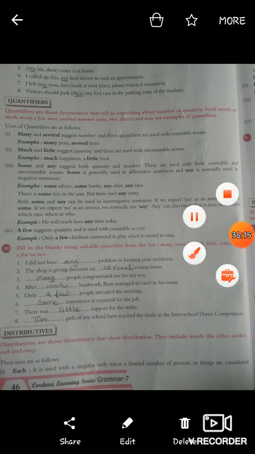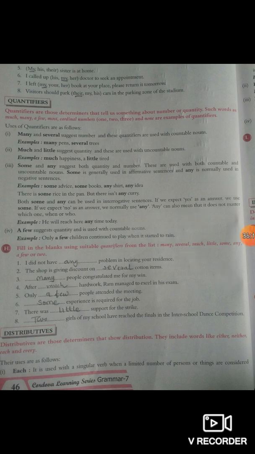Exercise number H, fill in the blanks by using suitable quantifiers from the list: many, several, much, little, some, any, a few, or two. Okay, so first one, I did not have any problem in locating your residence.